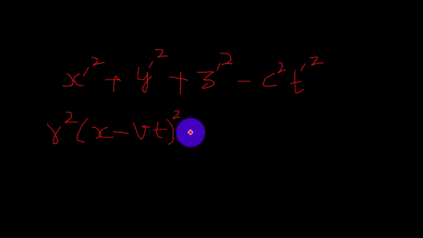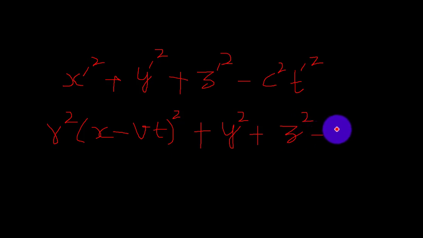Gamma square, as you know, y prime is equal to y. There is no change in the lateral component of the coordinates of the particle. Similarly, z prime will be equal to z, square, minus c square, and